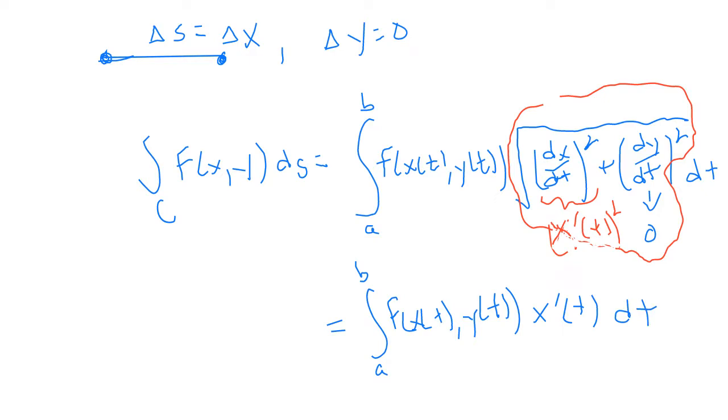And that's one of those formulas that you saw in formula box 7 from section 13.2. This is the line integral with respect to x. And if we go back to the book here,